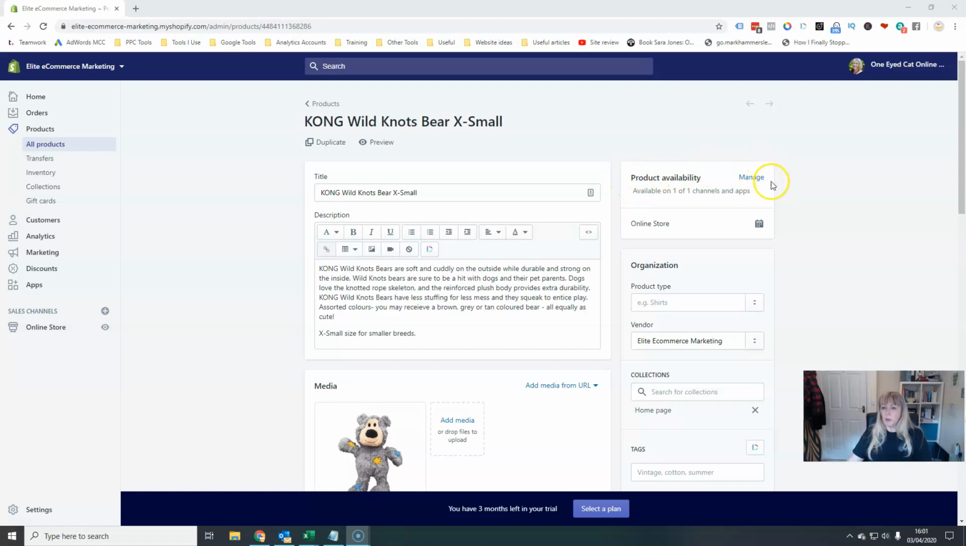The product availability option up here talks about channels and apps. When it talks about a channel, it's referring to your website as one channel. You might have Amazon, eBay, Facebook, various other ways of pushing your products out into different marketplaces. That is where you would control that and say where you want this product to become available. In your online store,